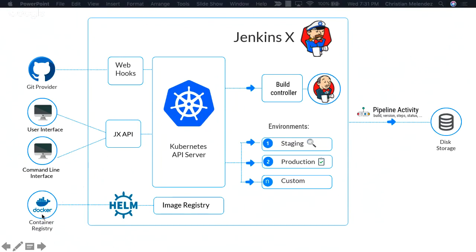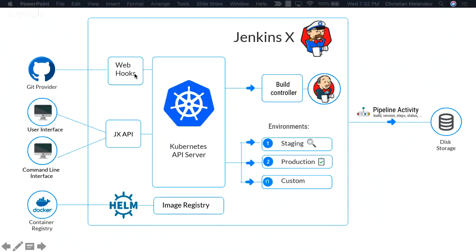You could use a private Docker Hub registry, but by default, it will use the public registry from Docker. As I said before, it will use Helm for packaging all the YAML, so you don't have a lot of YAML definitions for your workloads in Kubernetes. You can easily use Helm in case your application is too complex.